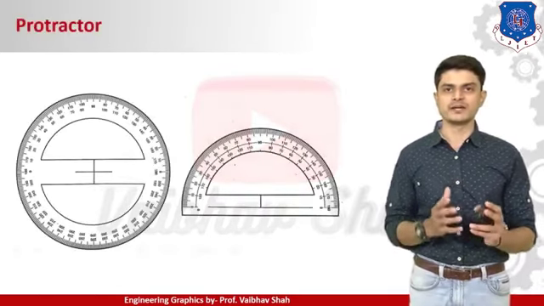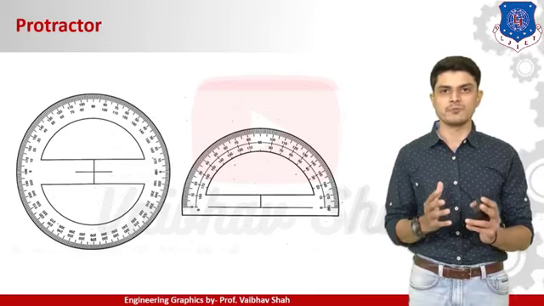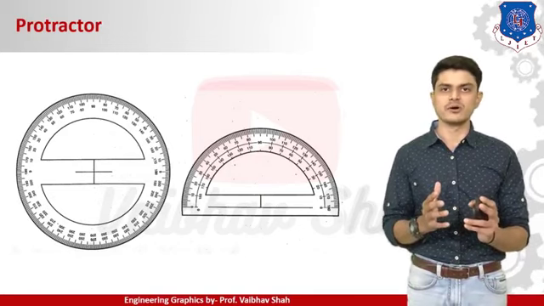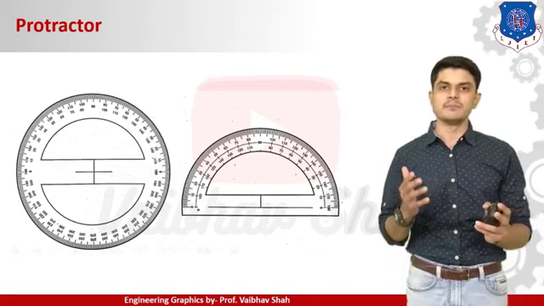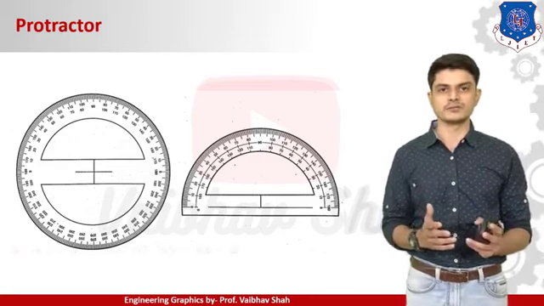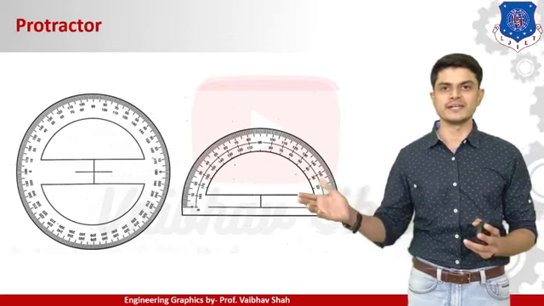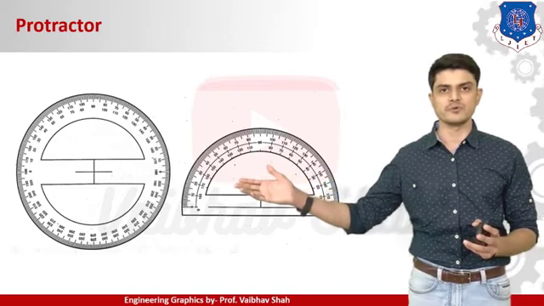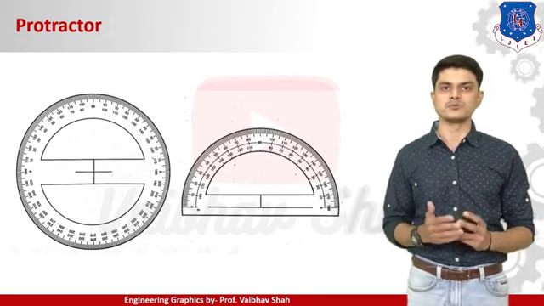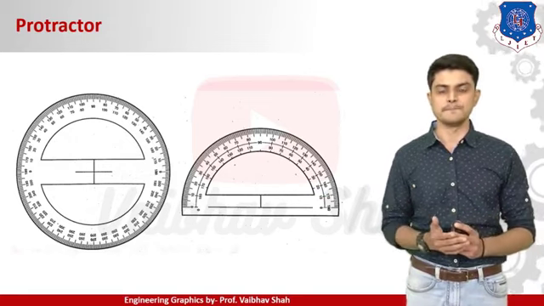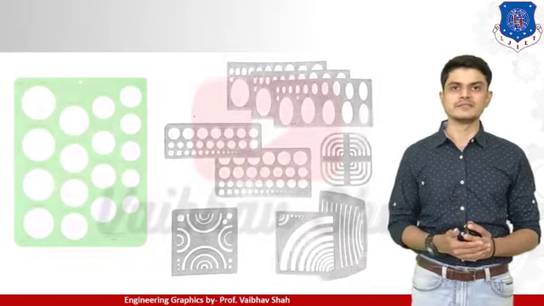This is nothing but a protractor. We know that with the help of a protractor, we can either draw a line at any particular degree, or measure an angle. We have two protractors, a 0 to 180 degree protractor and a 0 to 360 degree protractor. You can use either protractor to measure between 0 to 180 degrees or 0 to 360 degrees. Now let us move to our next device.